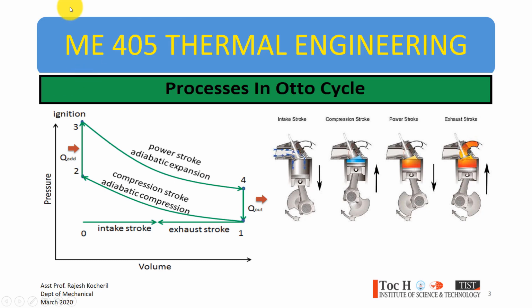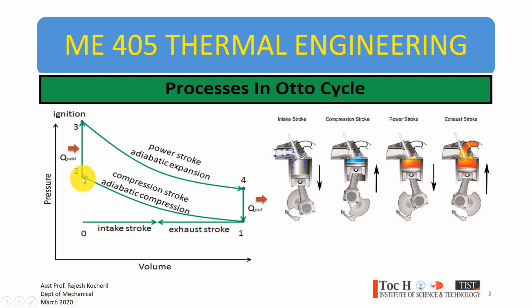Now, in this process, 0 to 1 is actually the suction stroke. In this stroke, the inlet valve is open and air is being taken in, and from point 1 to 2 is the adiabatic compression. Adiabatic compression means the piston moves from BDC to TDC and the volume is reduced, and this adiabatic compression is process 1 to